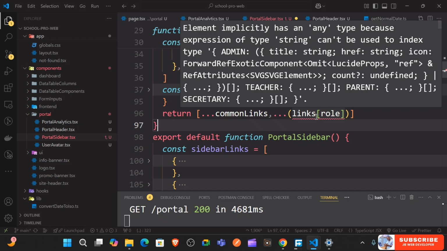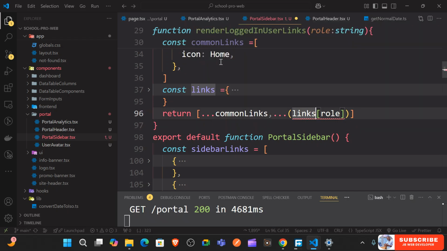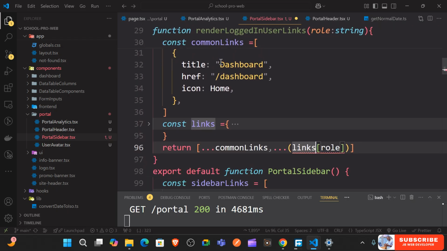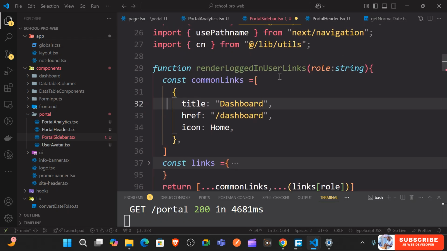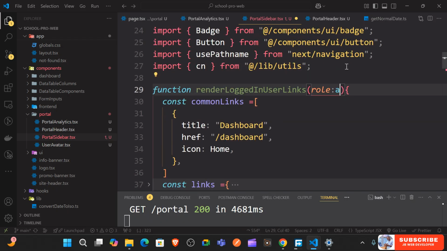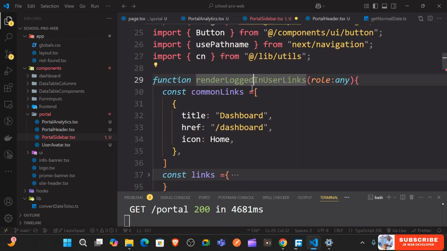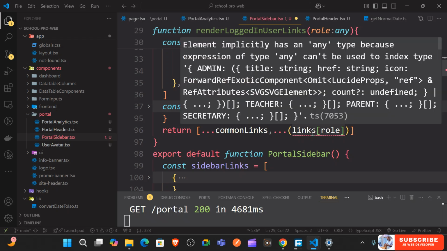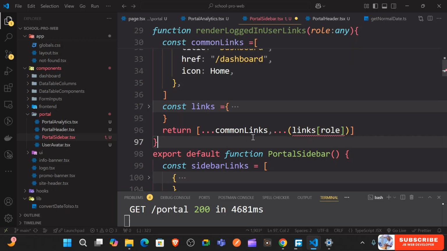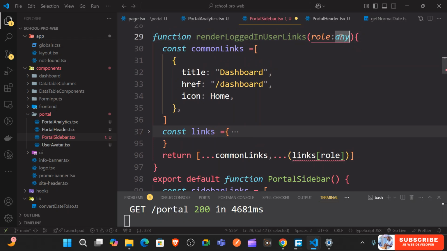Now the type of this here, if you look at this, it has this key. So we could just say any for now, just like this. Still doesn't solve the problem. We could just say as